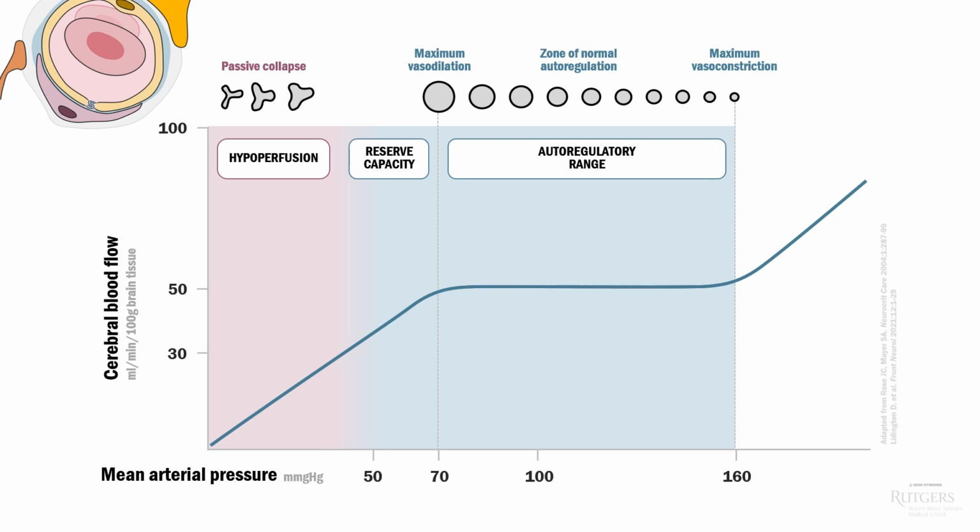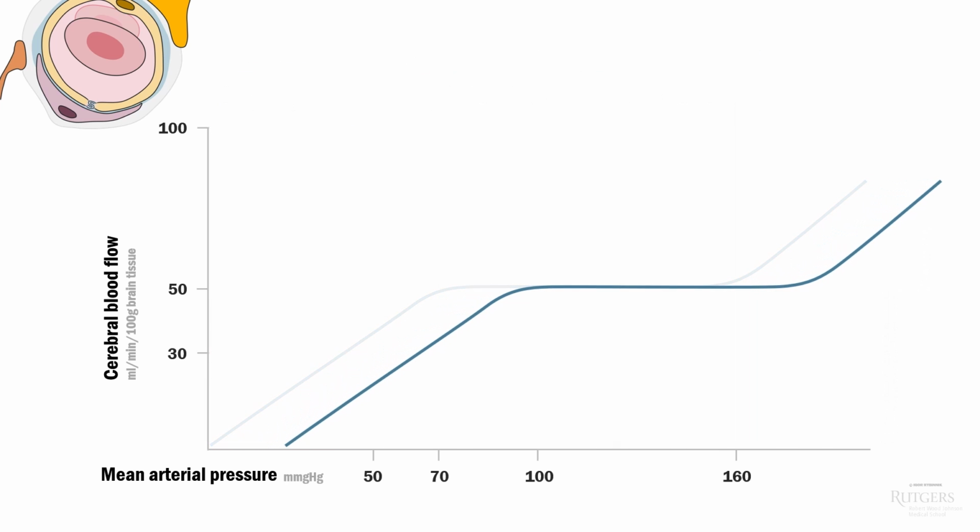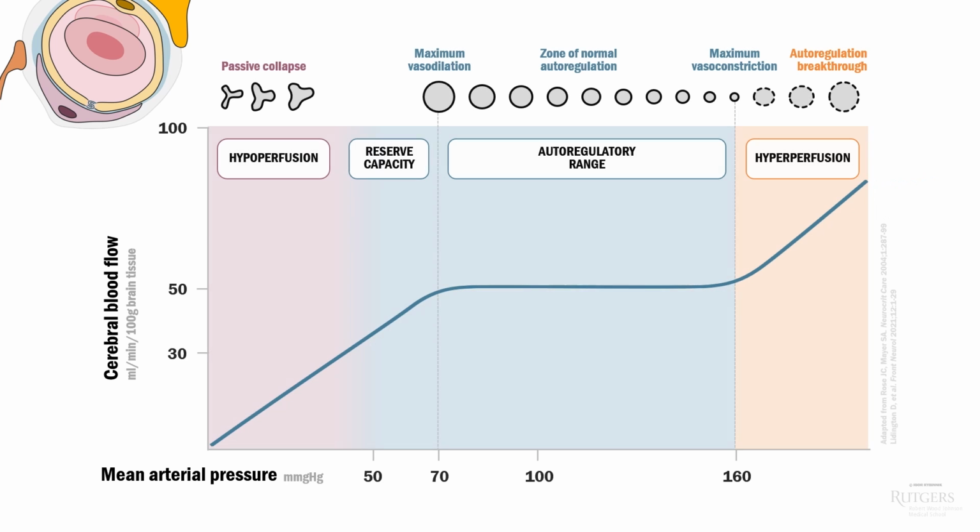It's also worth mentioning that the entire curve shifts right for chronically hypertensive people. It makes sense because people whose brains are used to higher blood pressures should autoregulate at those higher pressures. For today's discussion, it is more useful to replace the mean arterial pressure with cerebral perfusion pressure.